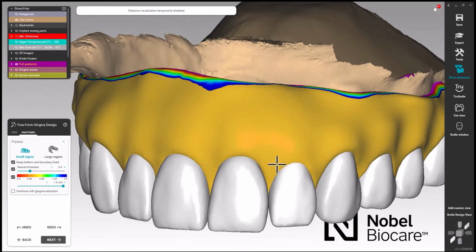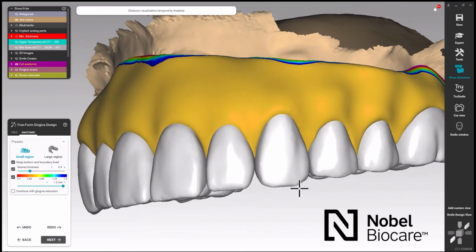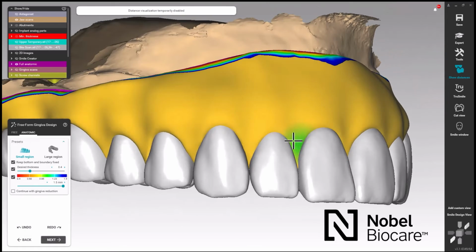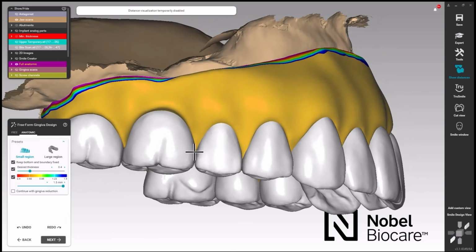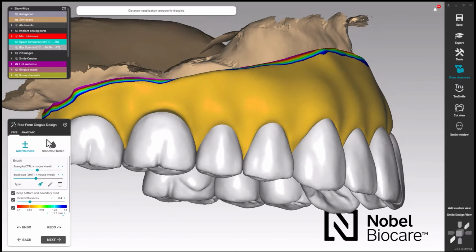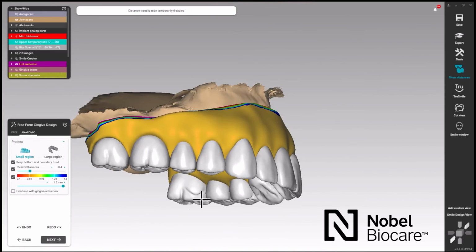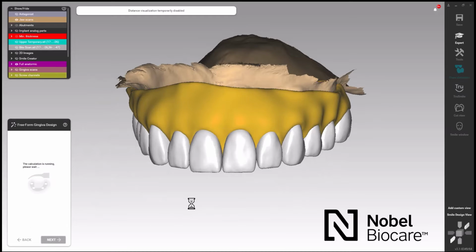Okay, before I do that, I'm going to go in and make sure I've got gingival symmetry. Because sometimes that wax will modify that. So I want to make sure that my necks aren't choked, they call it, or too much exposed. All right, so you can see, you can fine-tune your gingival architecture at this point. Okay, so if I've got pretty good symmetry, I'm going to hit next,